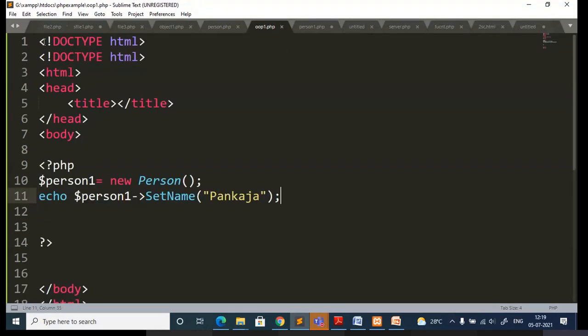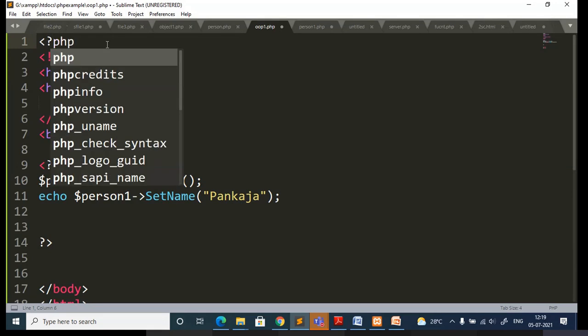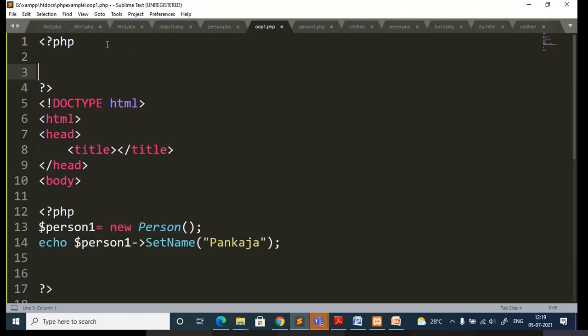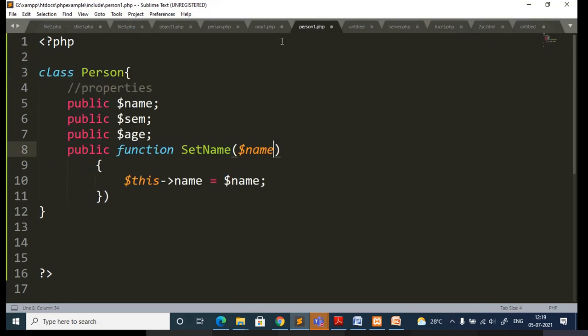So for that, what you have to do is this. How to include? Once again, you just start with the PHP. See, this is basic programming. I am just focusing only on the syntax. You just follow the syntax. So now I need to include the file. Which file? The class file.